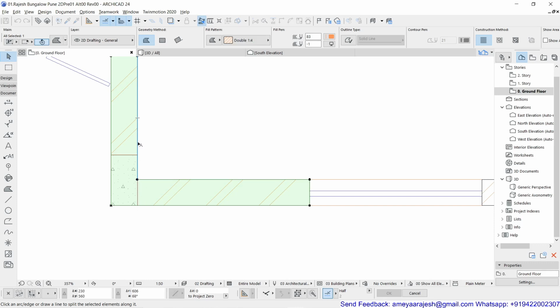So I'm just staying with the Mercedes cursor and I'll click. I'll get one eyeball cursor now, with the prompt at the bottom: click on either side of the split line to keep the element selected. So I'll click on the right side so that I will get this portion. See, this is what is supposed to be the split portion. But this is not overlapping. The one which is overlapping is this one.